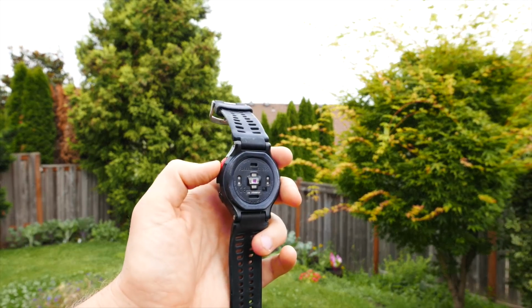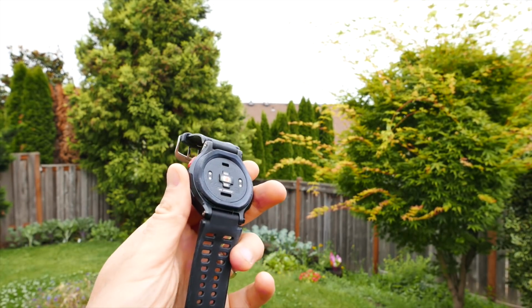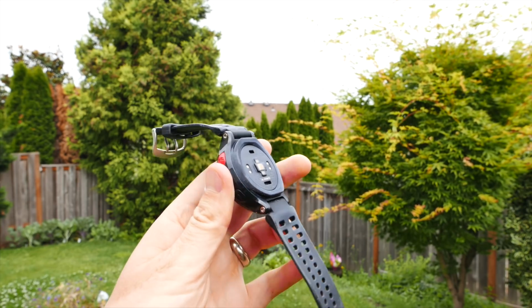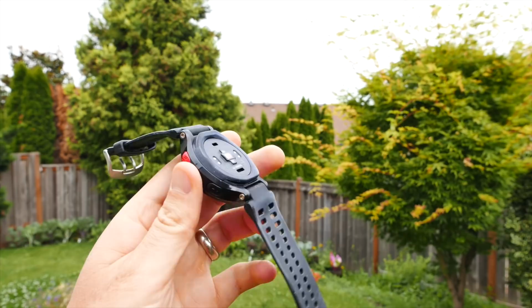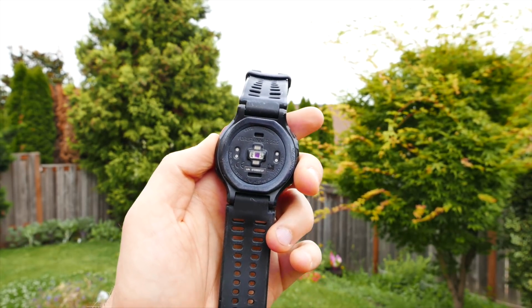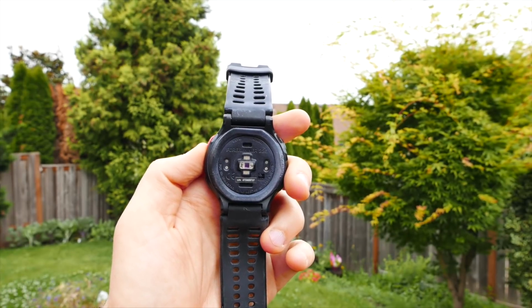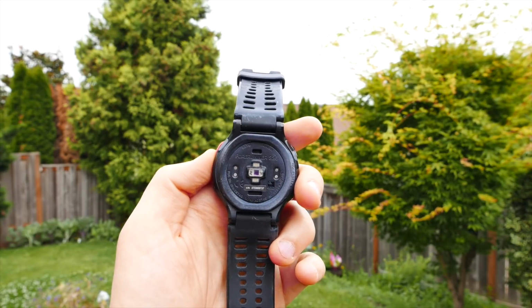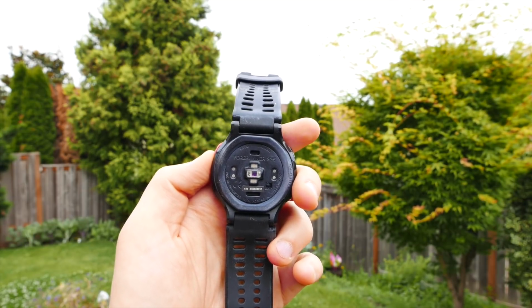The sensor on the back is reported to come from a company called Mio. Mio makes many of the optical heart rate sensors in quite a few wearable devices, and you can find out more about the sensor and its accuracy on sites like DC Rainmaker. DC Rainmaker reports that this is one of the more accurate sensors, although it may not be quite